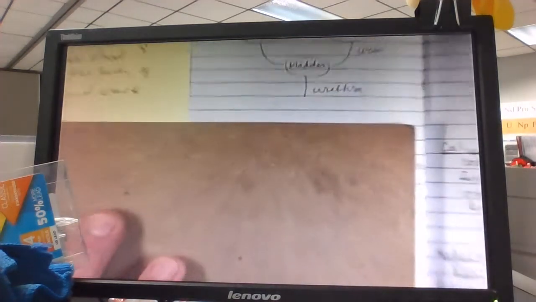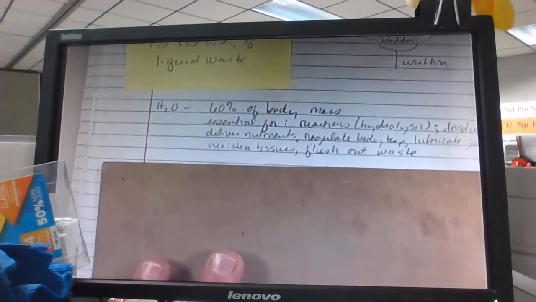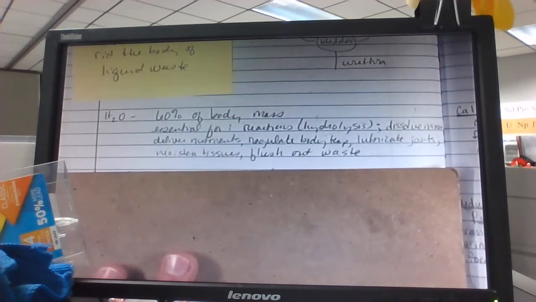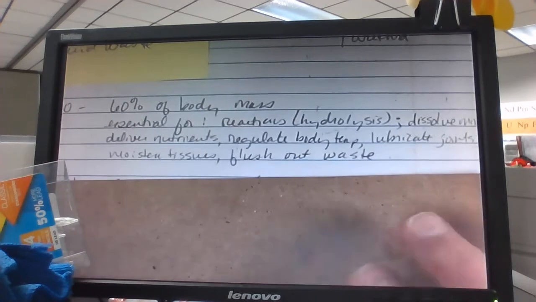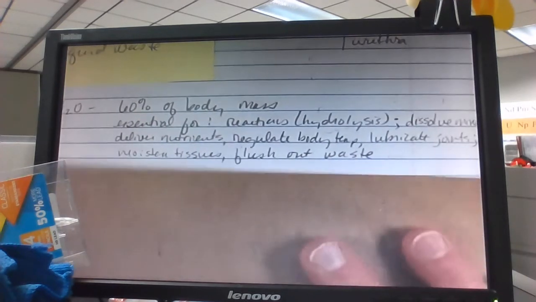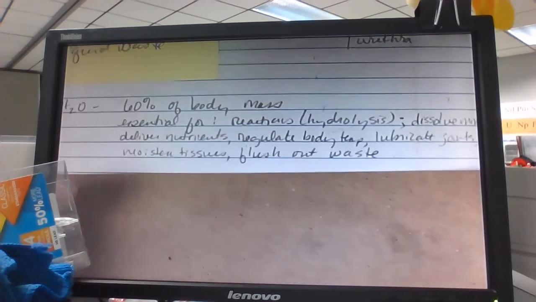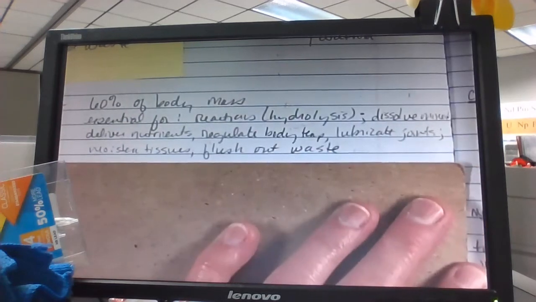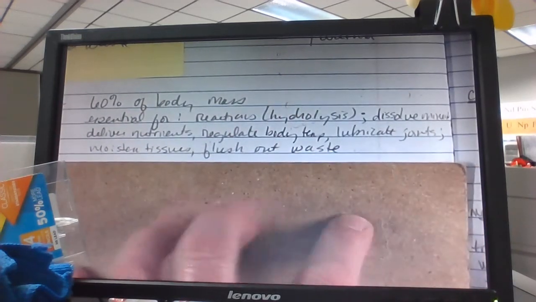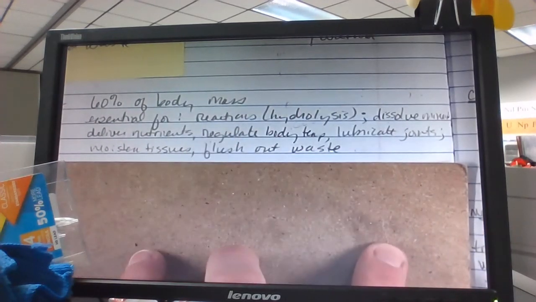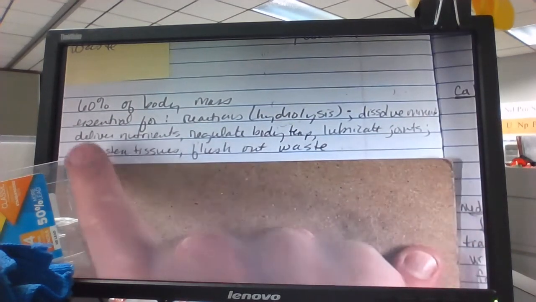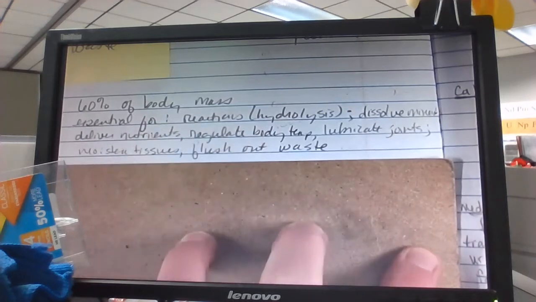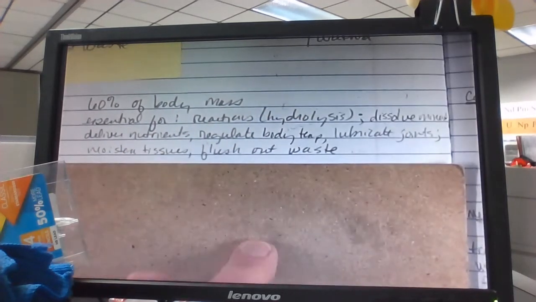We had talked about water before and how important water is. It happens to be 60% of our body mass, so most of our body is made of water. We talked about the fact that it was essential for reactions like hydrolysis. It helps to dissolve minerals and deliver nutrients because it's a main component of our blood, the plasma of our blood,